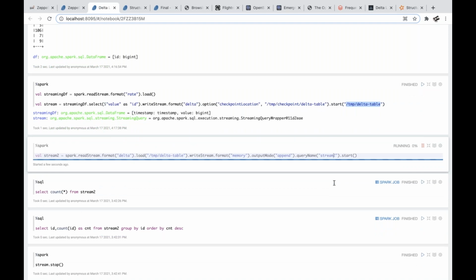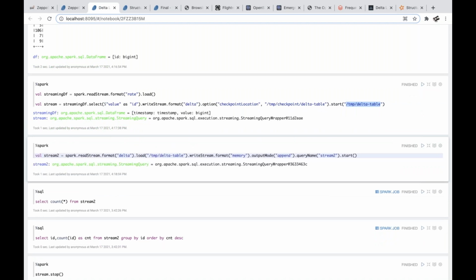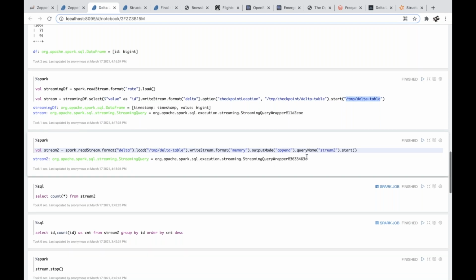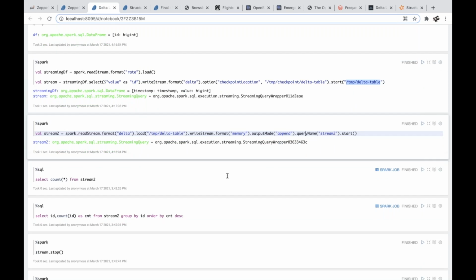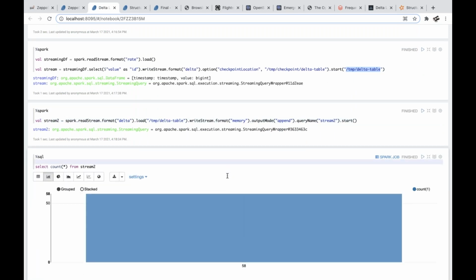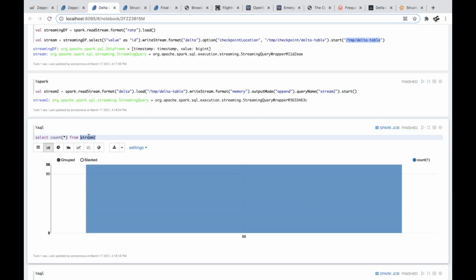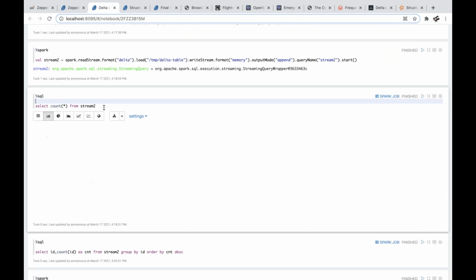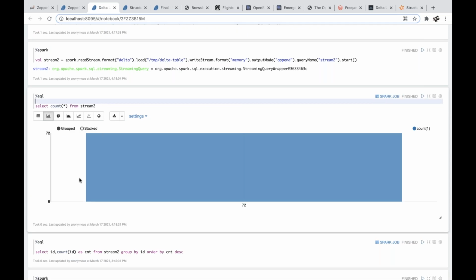So I am able to write to a Delta Lake table via structured streaming, and I can also read it in streaming format. Let's check. I have defined my output as stream2, and I'm writing a SQL query, querying it, and whenever I get the count, it is increasing because it's streaming right now.